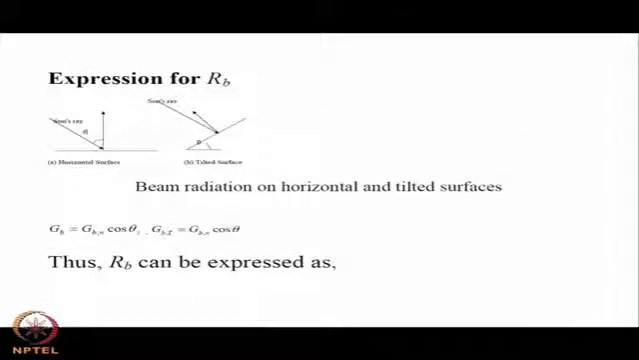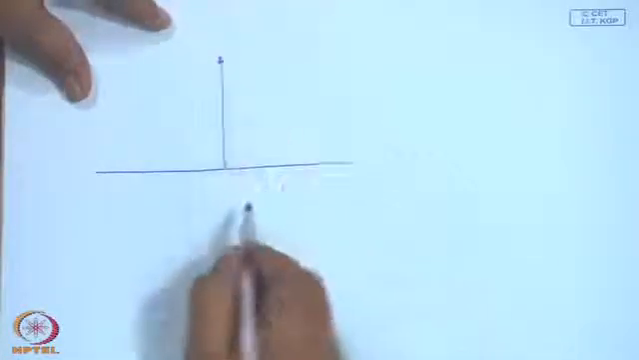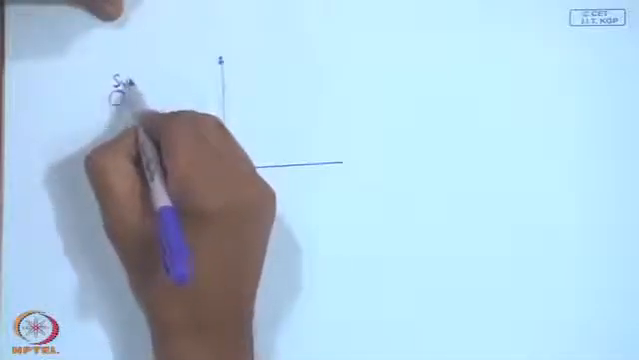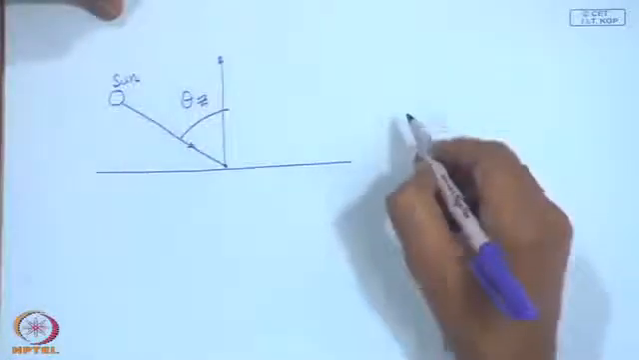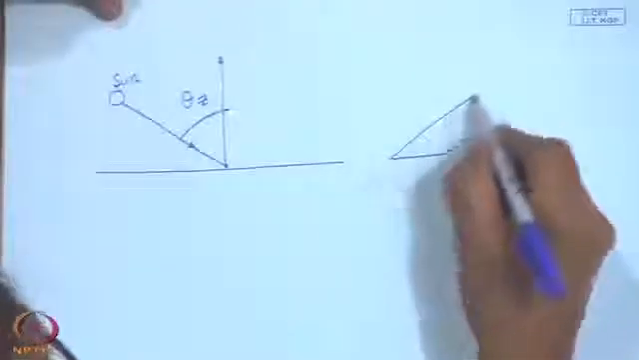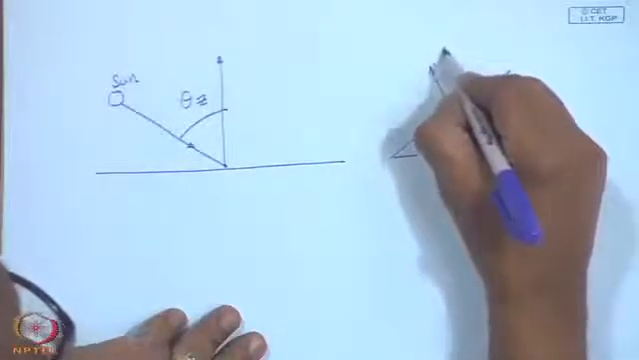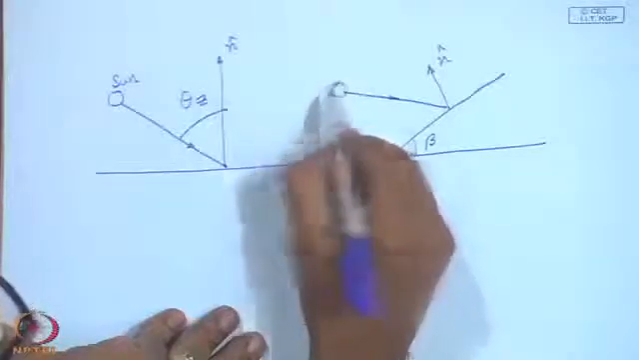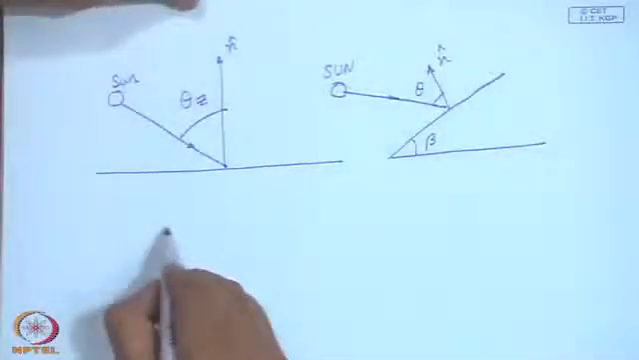Now, this figure I shall make it a little bigger. If you have the horizontal surface and the outer normal, and this is the sun's ray, and it has got the angle theta z, and simultaneously you have the tilted surface beta, outer normal, and the sun ray, and this makes an angle theta. So, we can say G B